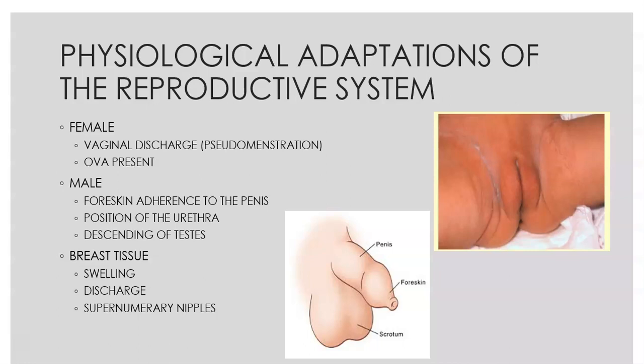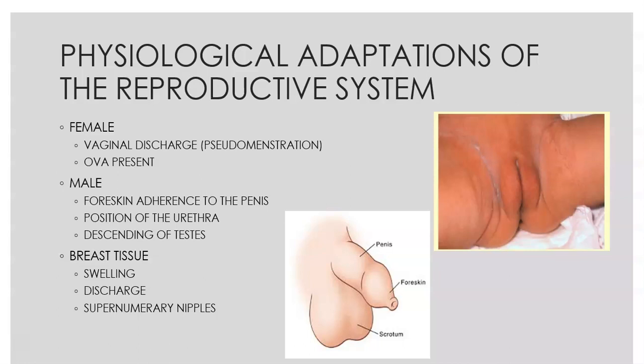Another thing you'll see most commonly in girls, but sometimes in boys too, is breast discharge. So they will often have a whitish discharge from the nipples. You'll hear people call it witch's milk. Normal. So white discharge from the nipples of the baby is not concerning. Again, this has to do with the maternal hormones, and the breast tissue being stimulated from that. It's normal for the breasts of both babies to be a little prominent, and they flatten down within a few weeks.